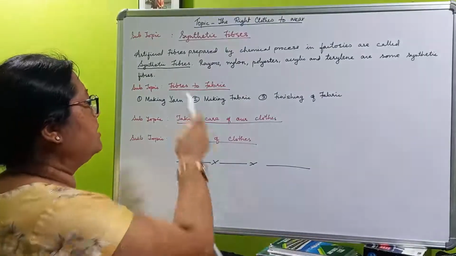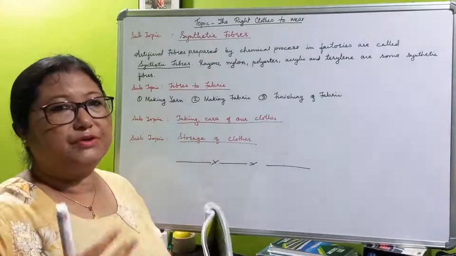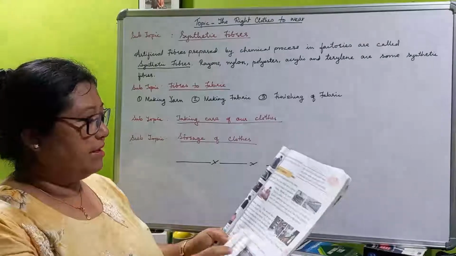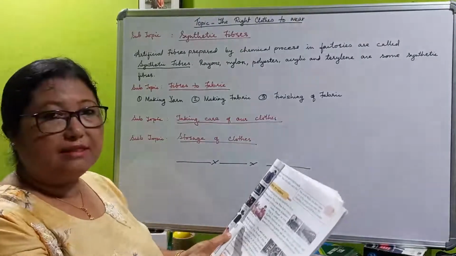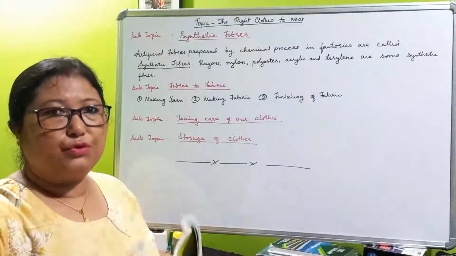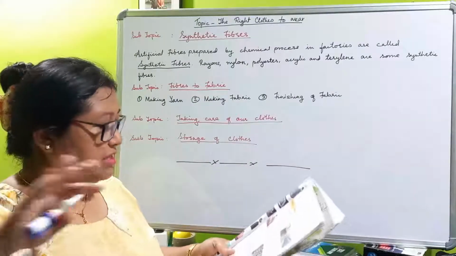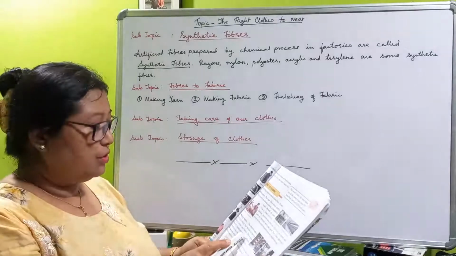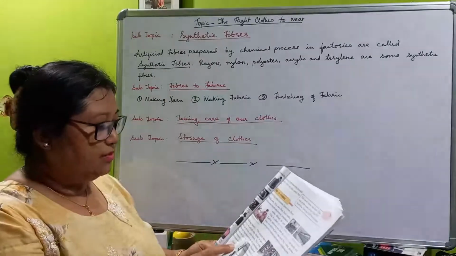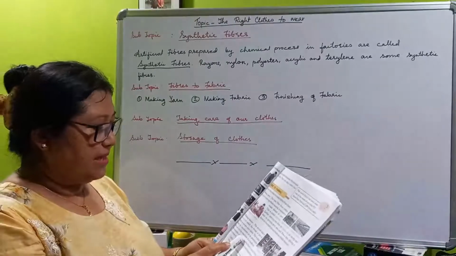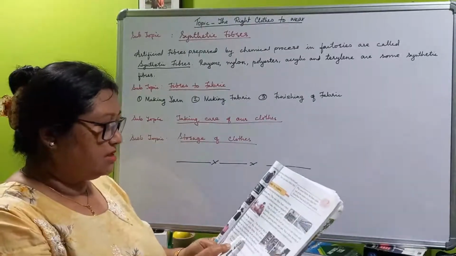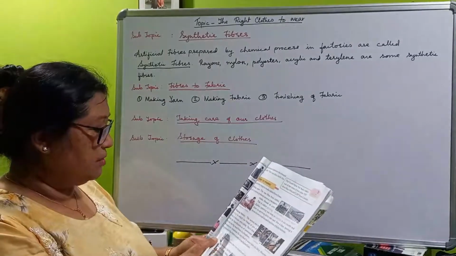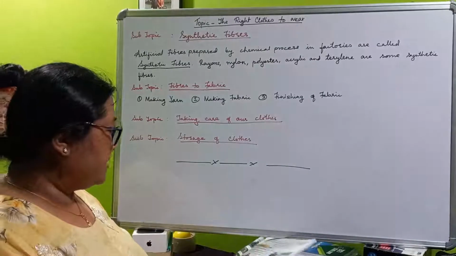Then after that, the second process, this yarn they weave. They weave and make clothes, materials, fabric. Now see, the second step is weaving. Weaving means to make flat types of material, clothes, in which the thread or yarn is woven into fabric. This is done either on hand looms or on power looms that are run by machines. In hand looms, the weavers crisscross the long thread to weave them into fabric. These days most of the fabric is made on mechanized looms.